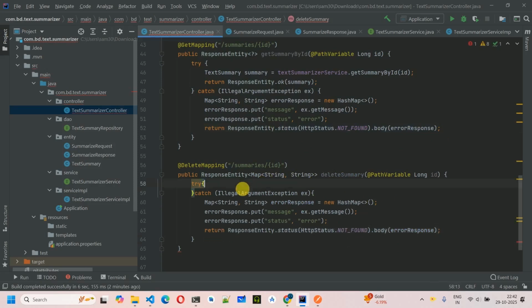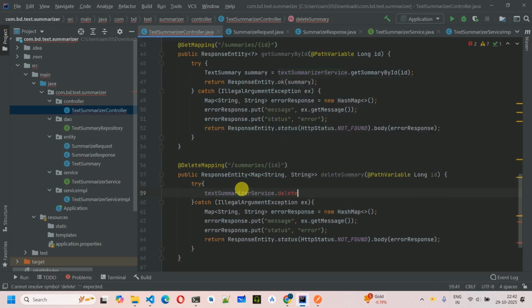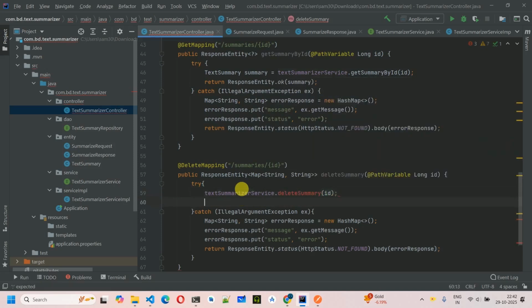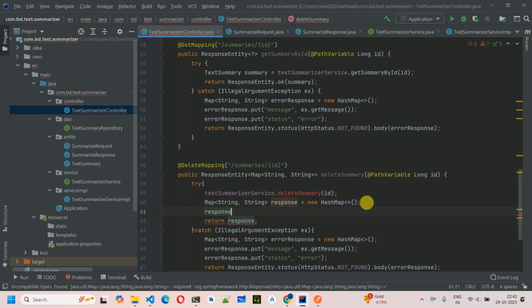Okay, so over here what we are going to do is again textSummary.delete, and this one we are going to pass the ID. Again what we are going to do is we are going to put the Map<String, String> response is equal to new HashMap, and simply put response. Okay, return response. And the response we will put response.put